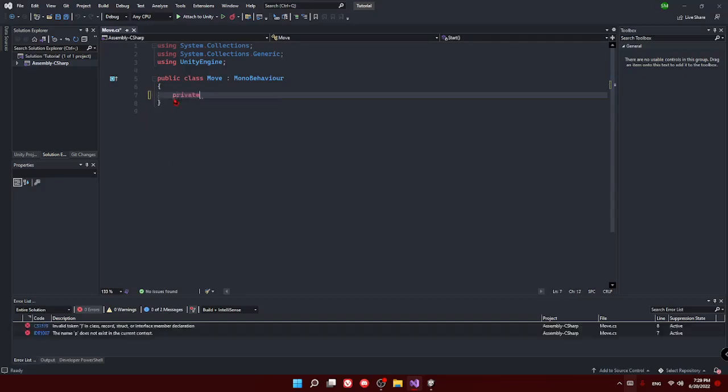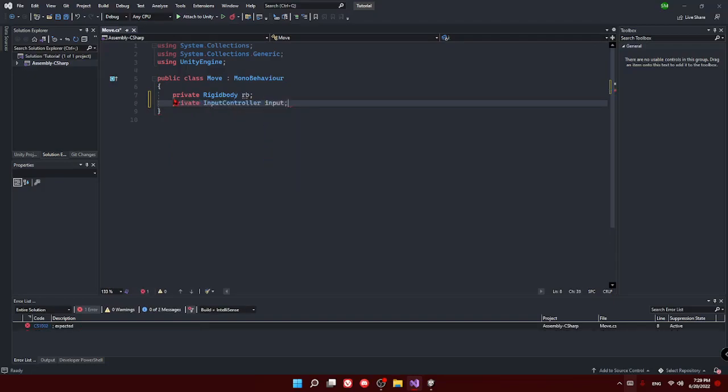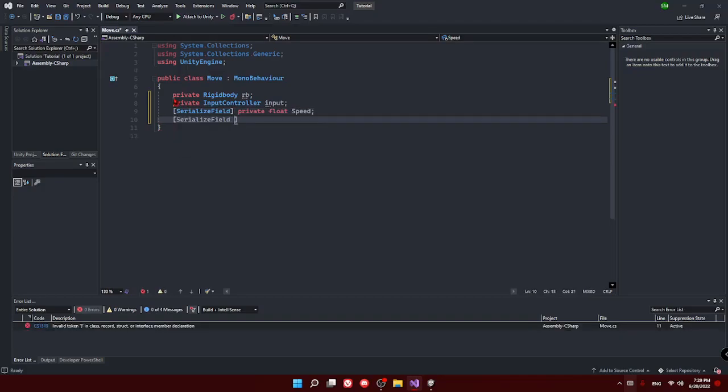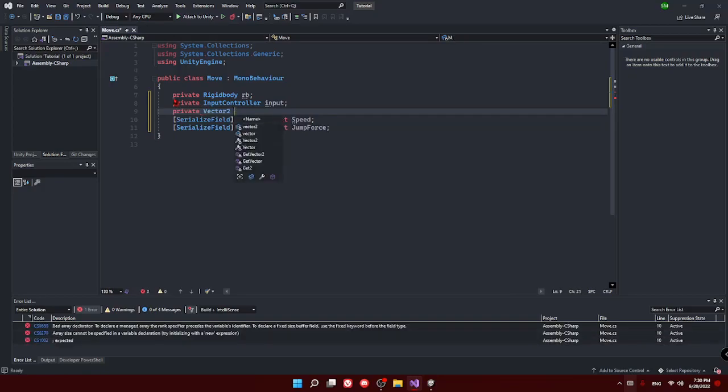First we need a private Rigidbody rb, private InputController input, a serialized private float speed, a serialized private float jumpForce, and we also need a private Vector2 or Vector3 moveDirection.